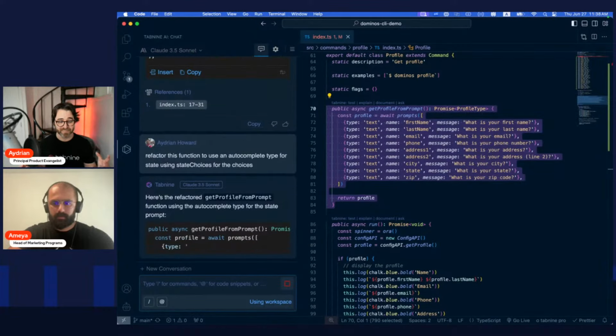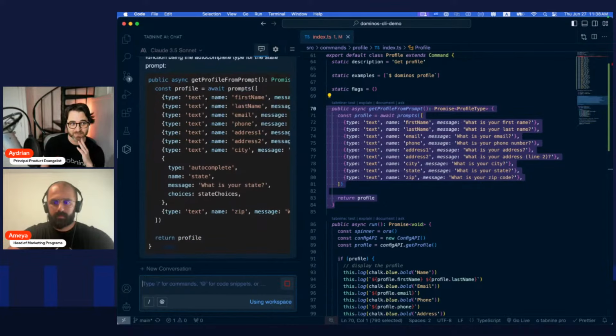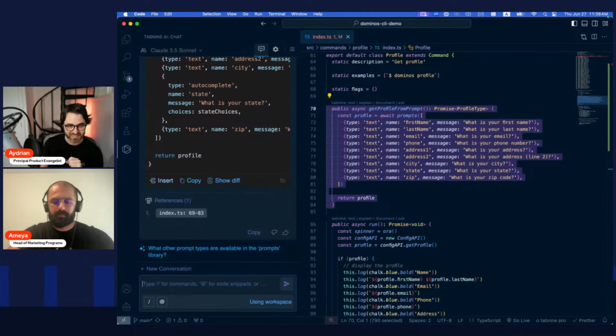Demoing with AI is really interesting because you never know if the AI is going to spit out the same thing it spit out yesterday. So this is always super fun.